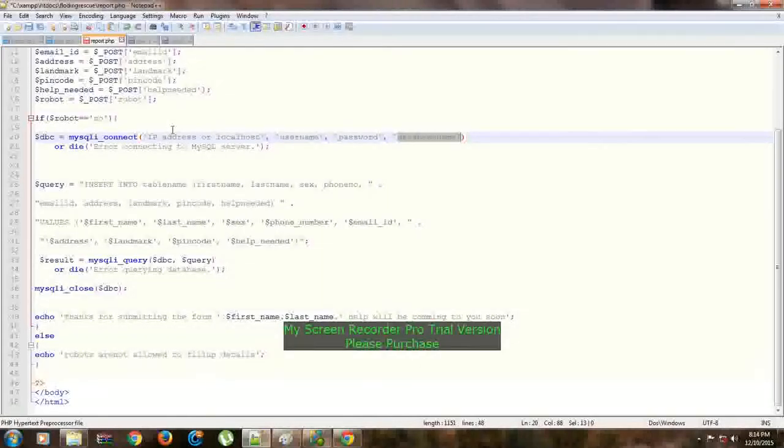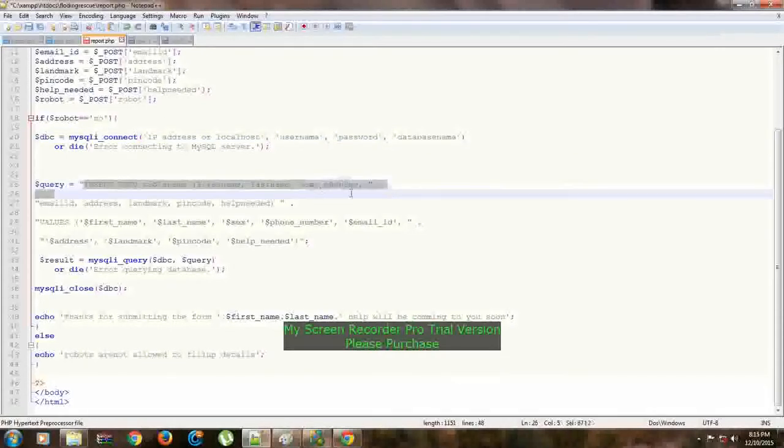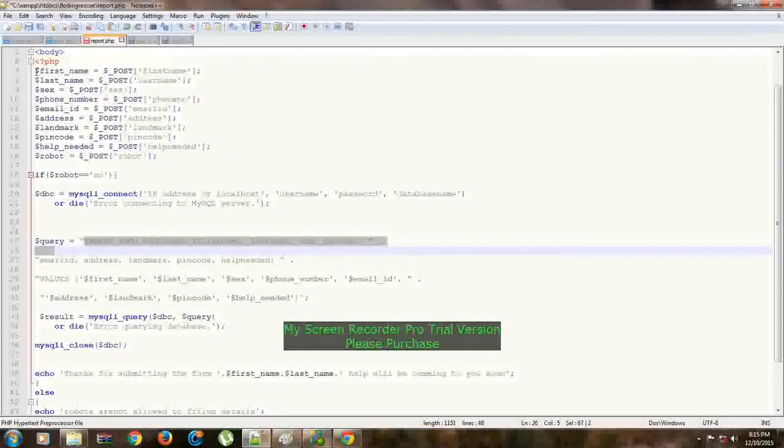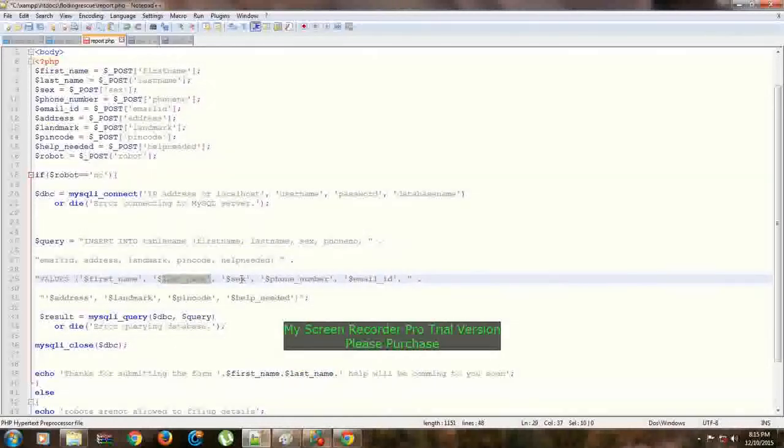So if the connection is true, we are going to run this particular query, right? We need to insert all the data which is stored in these variables into our database. So these variables are matching, right?